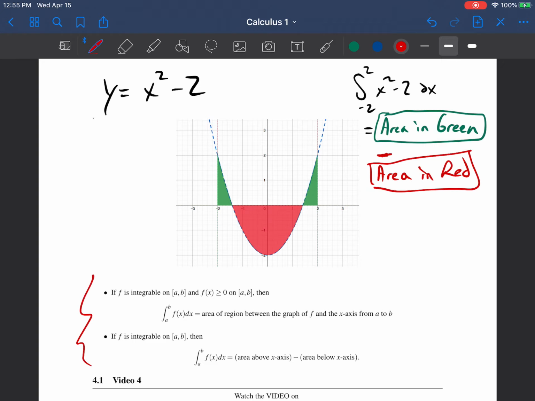And this is a general summary of what I just said, right? If the graph of the function is completely above the x-axis, then this integral is going to tell us the area of the region bounded by the graph of the function, the x-axis, and between a and b. If we just have a regular old function and we don't know anything about it being above the x-axis, so maybe it does dip below the x-axis, then this integral is going to be the area above the x-axis minus the area below the x-axis, right? So something like this. And we'll see this idea come up in a few of the examples that